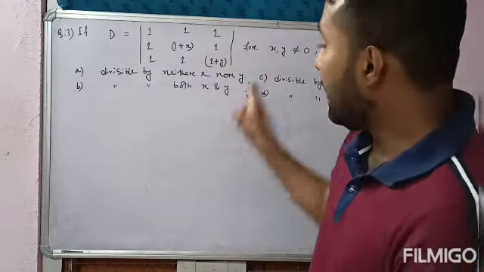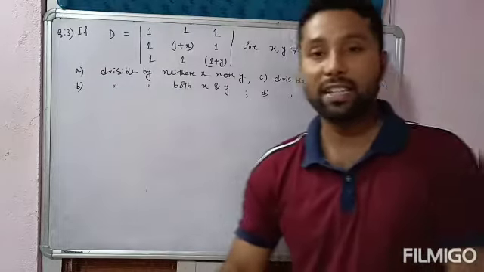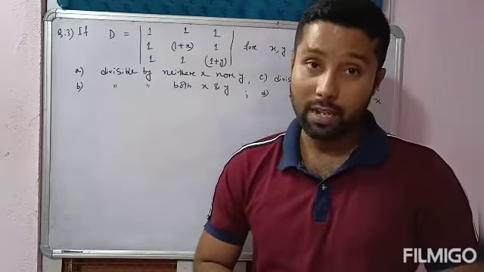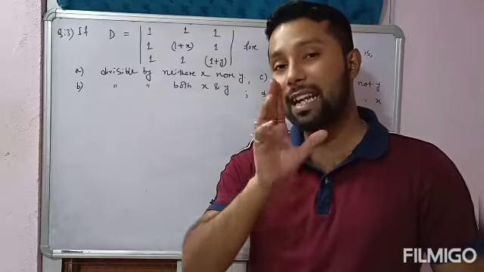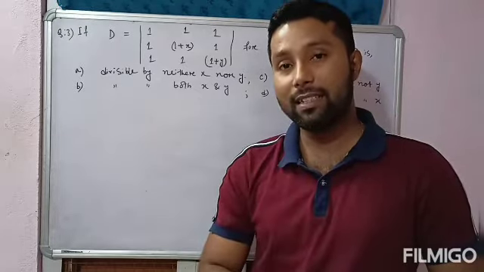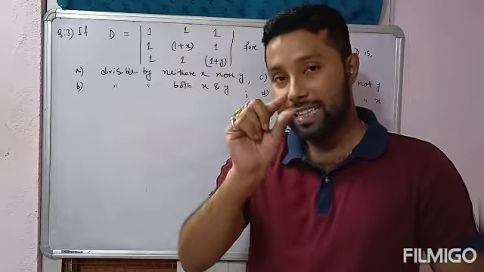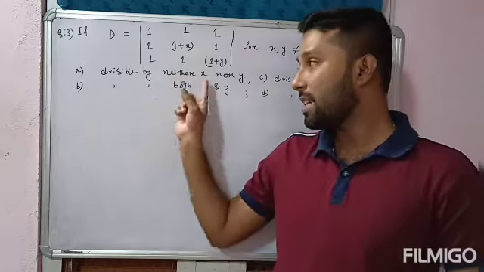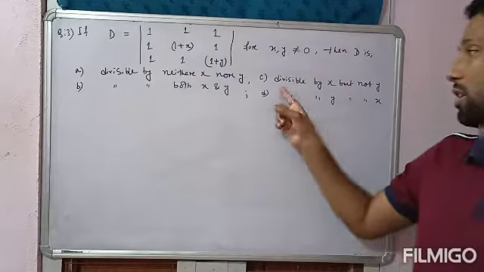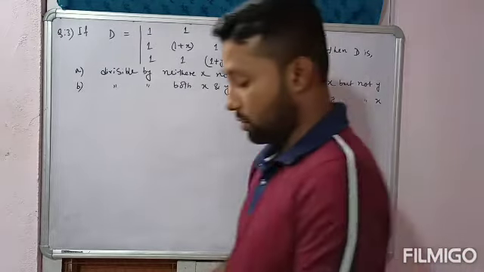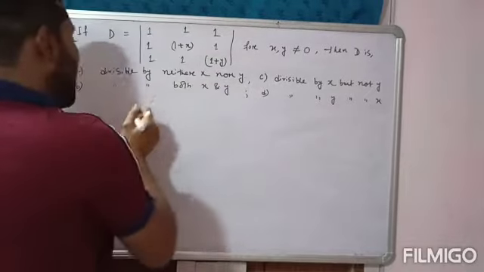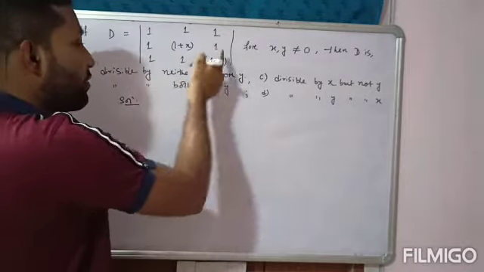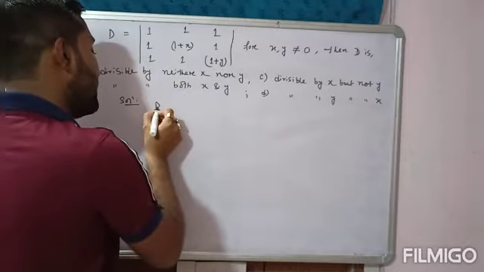So this determinant has to be expanded, because a determinant is nothing but expansion only. So you have to expand the determinant, and after getting the value, you have to check whether that value satisfies the first, second, third or fourth option. Okay? So let us expand this one. Solution. Since D is equal to this one, so therefore D is equal to,